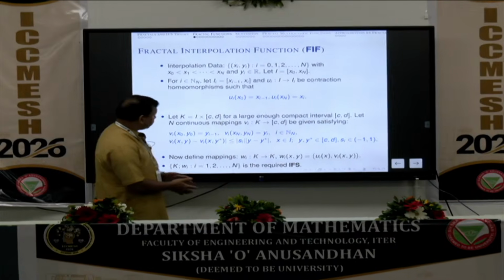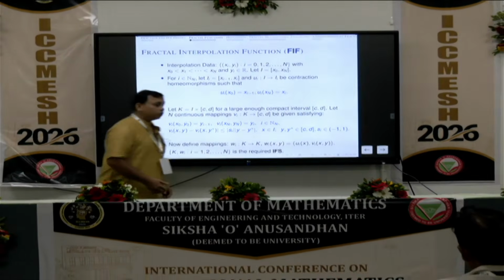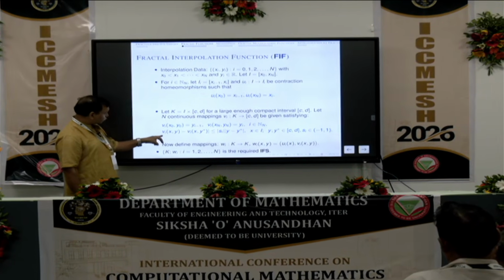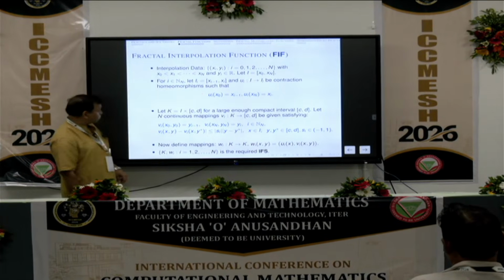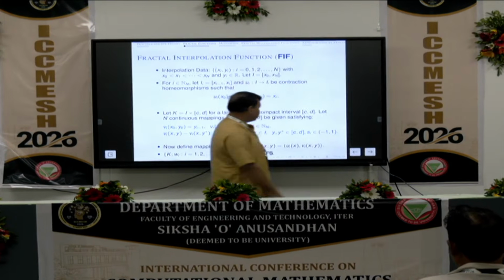So, this is a contraction map in both x and y. If I combine them together, I can get a contraction map. The second map has a contraction in the second variable. Therefore, you can take the value of si to be less than 1. So, once you get the value of si less than 1,